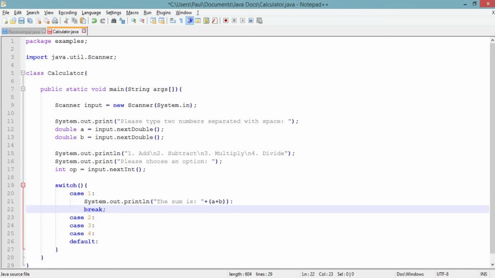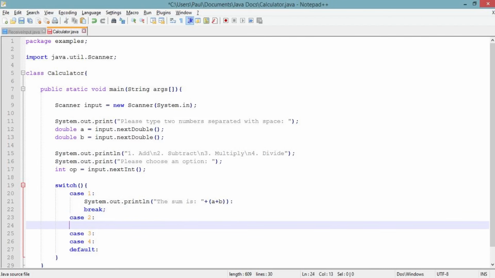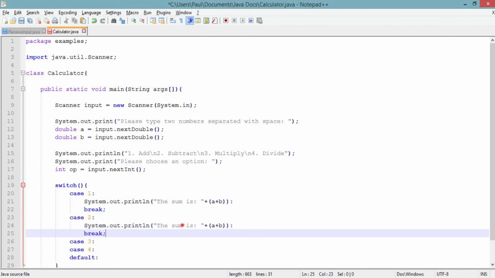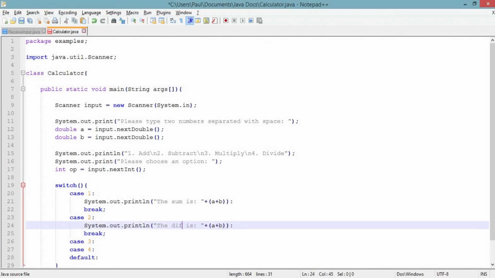So you have to put a break over here. When you put a break, the loop breaks over there. That's it. It's all in there. We copy this thing and just paste it, and the difference will be A minus B, and here